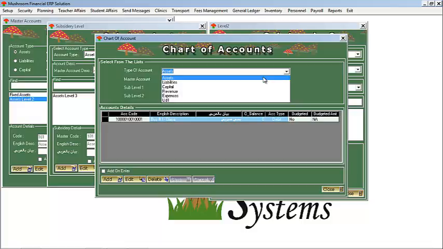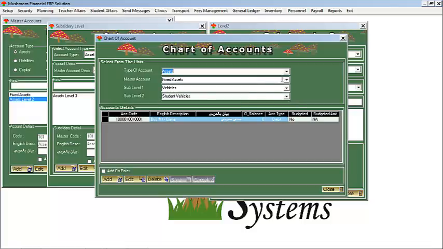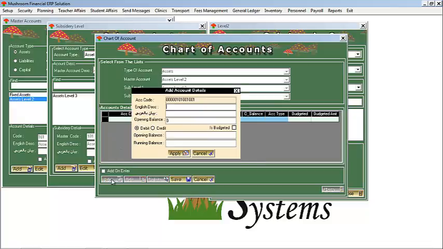So as we have been doing in the past screens, assets on level 1, then on level 2 we choose assets level 2, and notice it automatically filled in what was created previously. See, we did not give any code numbers, nothing. The system is all integrated internally and it automatically assigns any amount of codes which is required. Now having said that, it means the user wants to create a level 5 account under this level. So let's add, and we will choose, like always,